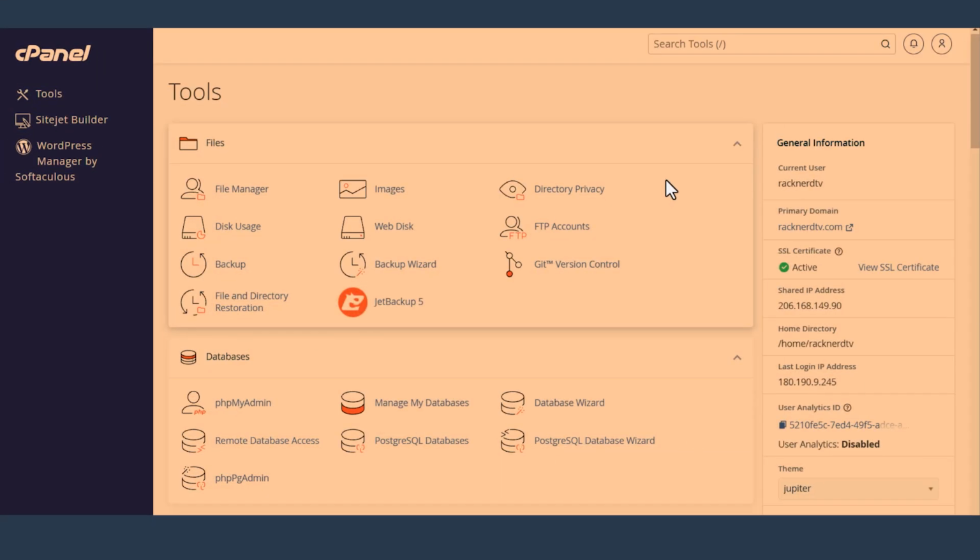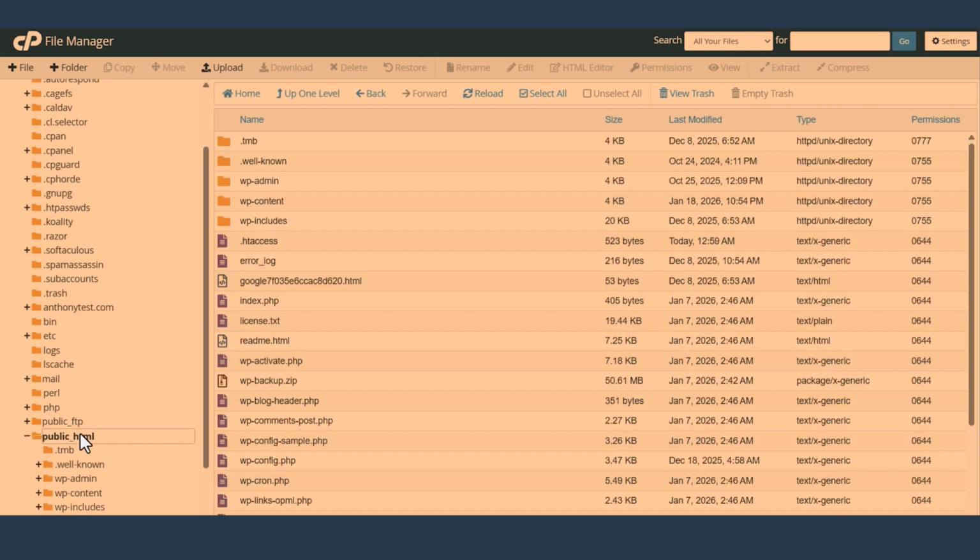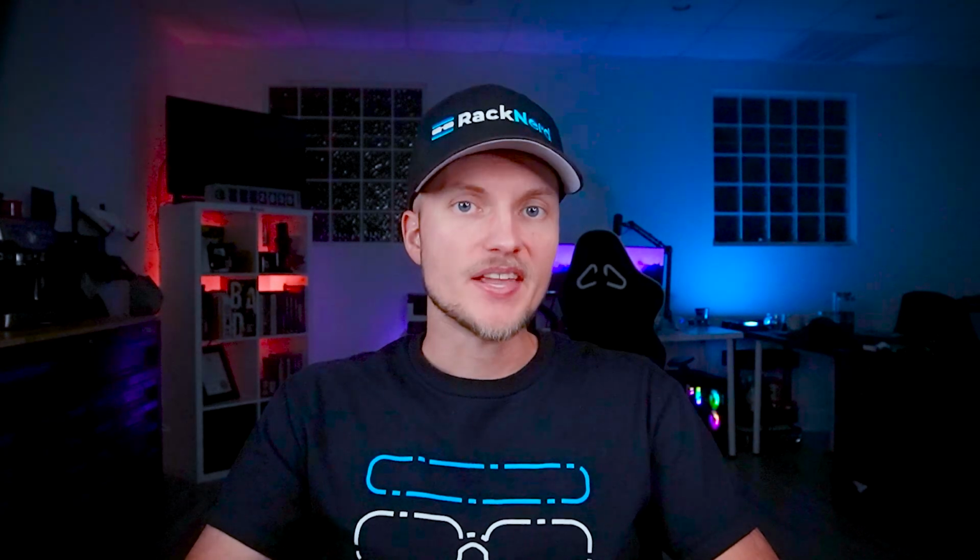First, log into your cPanel account using the credentials provided by your hosting. Once you're on the main cPanel home screen, look for the File Manager icon. It is usually under the Files section. Click on File Manager to open it. Inside File Manager, look at the left sidebar and click on the folder where your WordPress site is installed. In most setups, this will be the public_html folder. If your site is in a subfolder, click on public_html first, then click on the folder that holds your WordPress